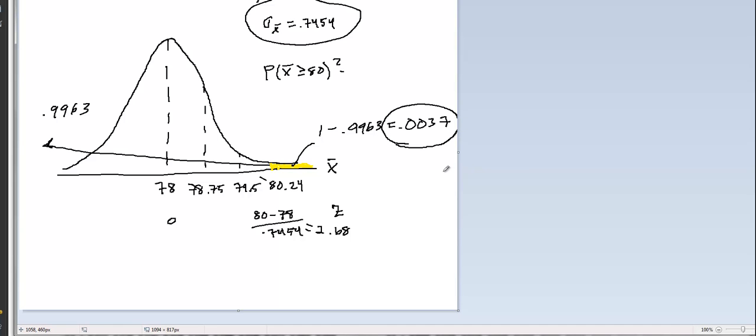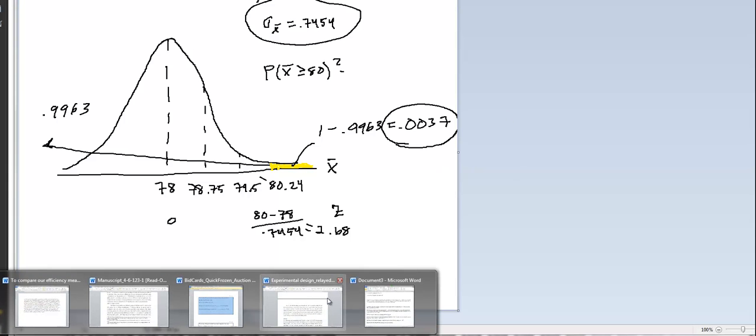So very seldom. It's very unlikely. And that's because if you're taking a sample size of 45, which is pretty large relative to the population and relative to the central limit theorem criteria, you're going to be pretty close most of the time. 95% of the time, we know with the empirical rule, will be within 2 standard deviations from the mean. And this is obviously just short of 3 standard deviations. We wouldn't expect it to be a big number. So 0.0037